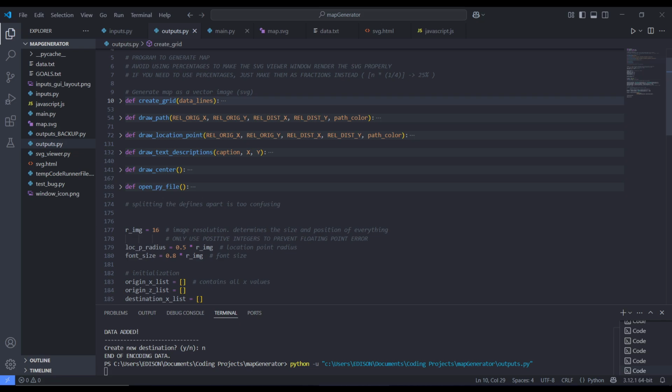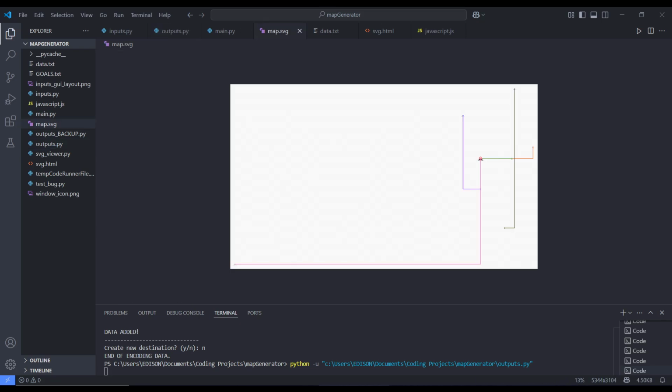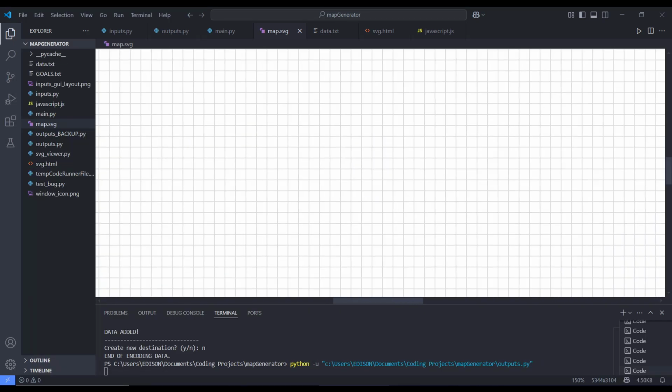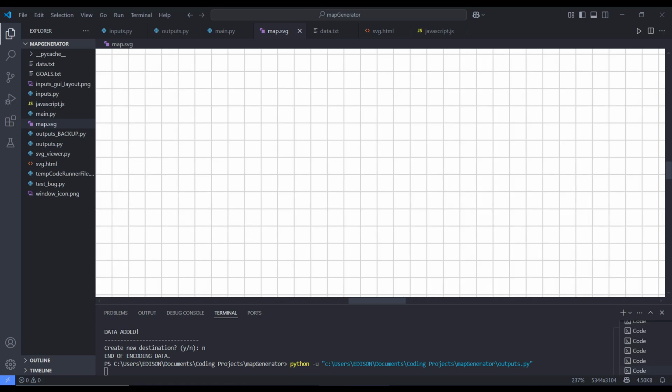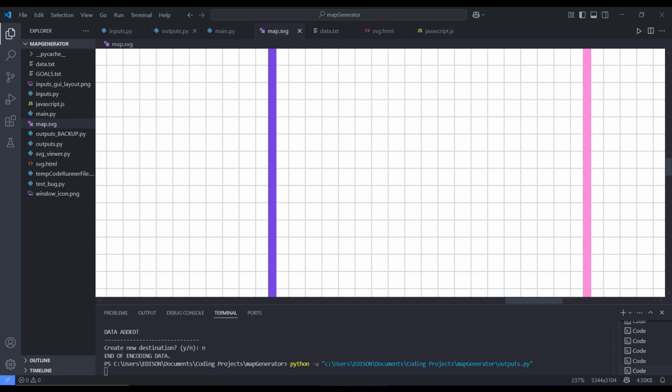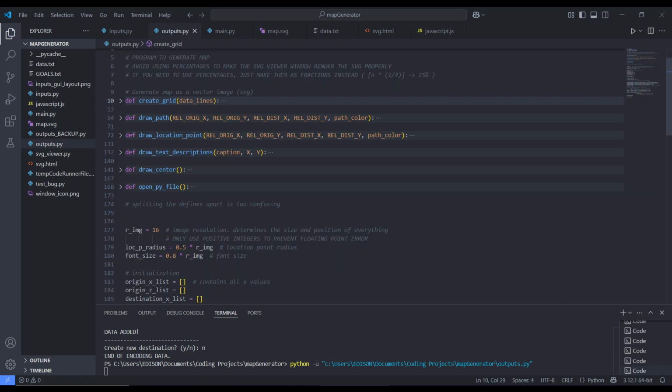It creates a grid, which is the grid that you see here. Please load. And it's just an endless pattern of squares. That's the grid. Endless squares. Amazing. And then the draw path is run,